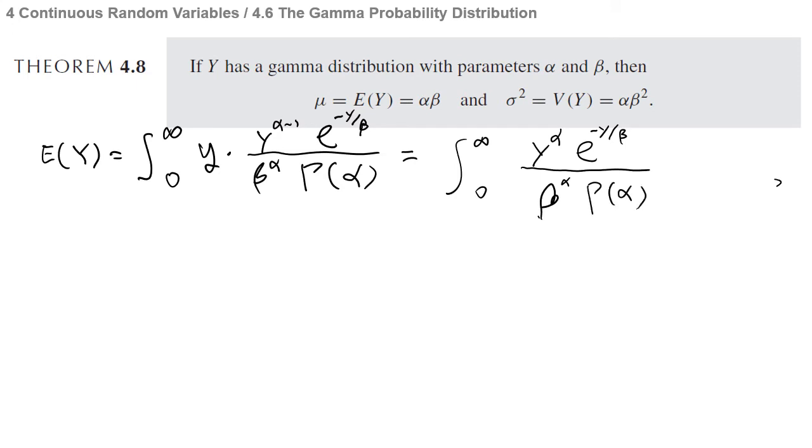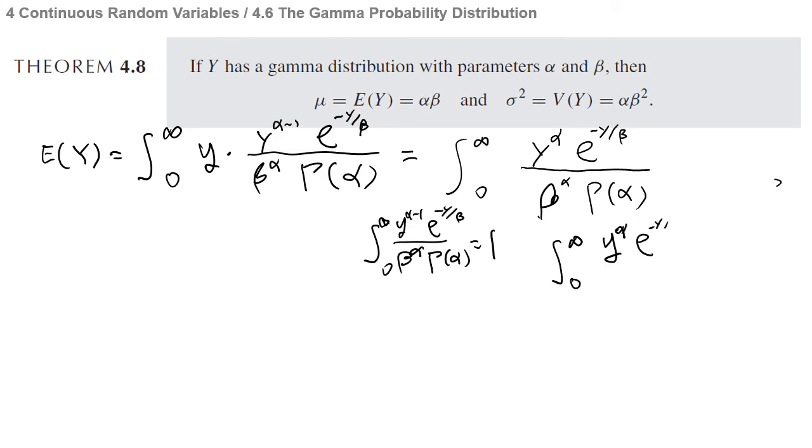And actually, we want to use this one: the integration of y to the alpha minus 1 times e to the minus y divided by beta, over beta to the alpha gamma alpha, from 0 to infinity, is 1. So what if alpha is increased by one, like y to the alpha e to the minus y divided by beta, divided by beta to the alpha plus 1 and gamma alpha plus 1. This is again 1